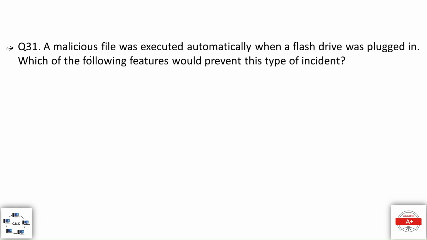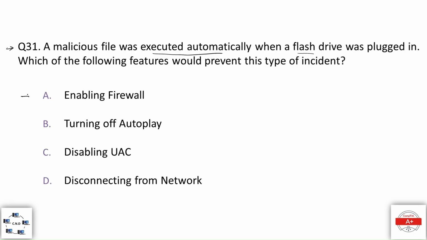Question number 31. A malicious file was executed automatically when a flash drive was plugged in. Which of the following features would prevent this type of event? The options are: option A, enabling the firewall; option B, turning off autoplay; option C, disabling UAC; and option D, disconnecting from the network. And the correct option is